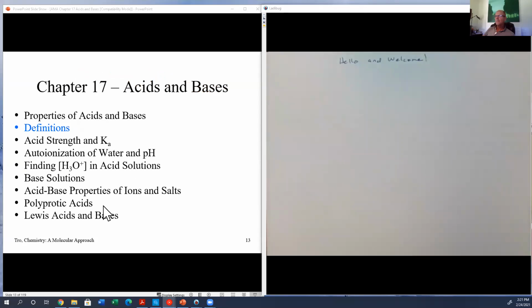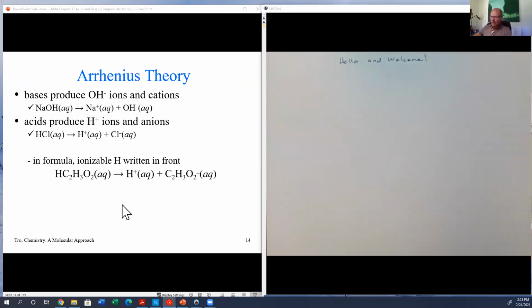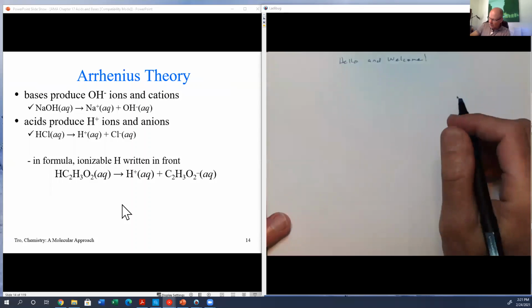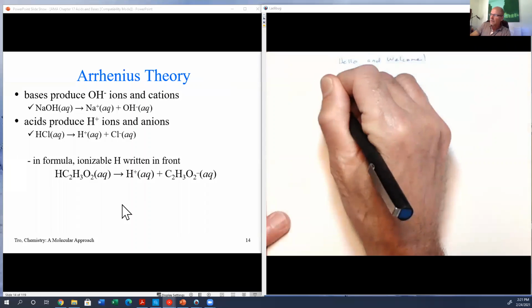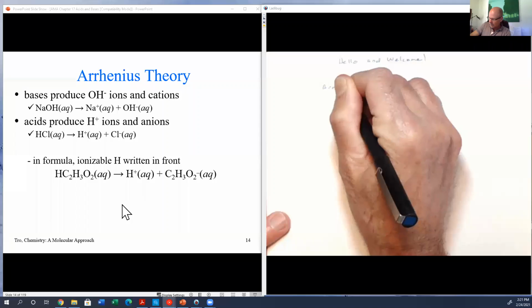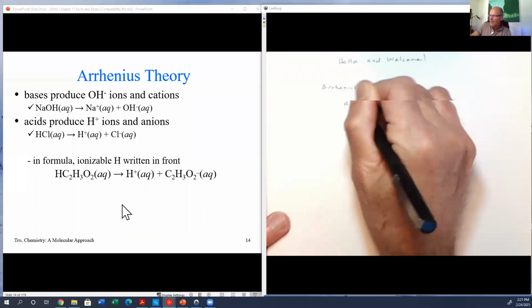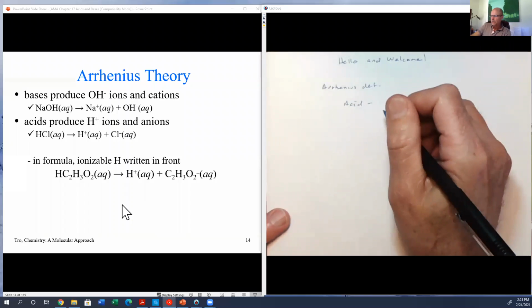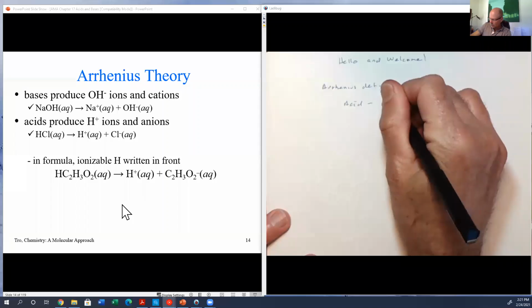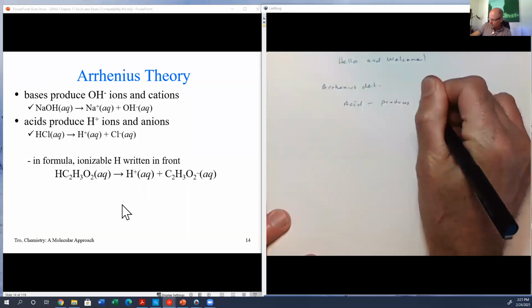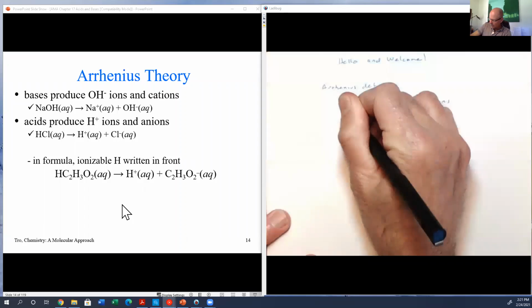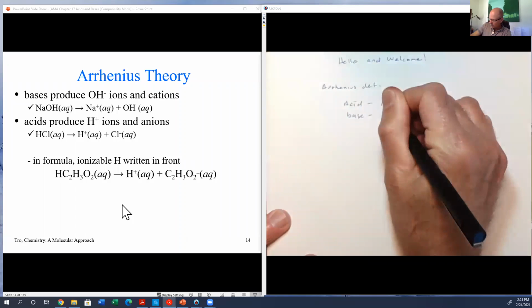Okay, so those are just some of the general properties of acids and bases. Let's jump into some definitions of acids and bases. It turns out there are several different kinds of definitions. We'll start with the Arrhenius definition. In this definition, an acid produces H+ ions in solution, and a base produces